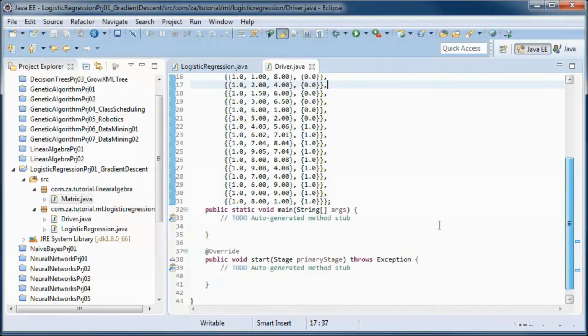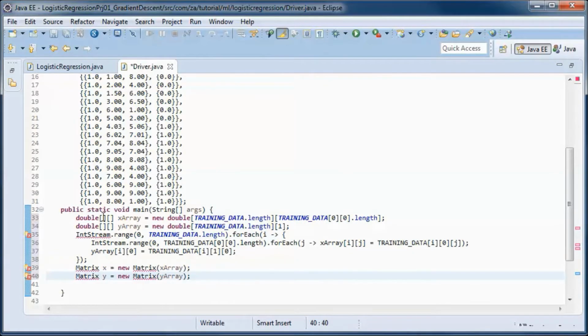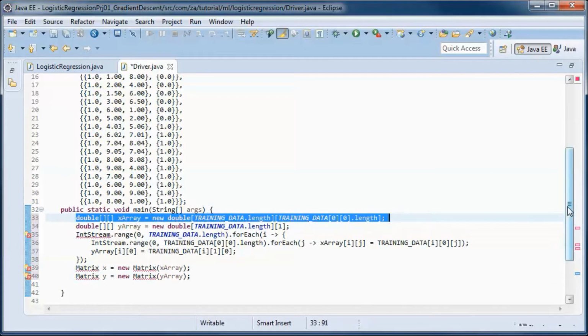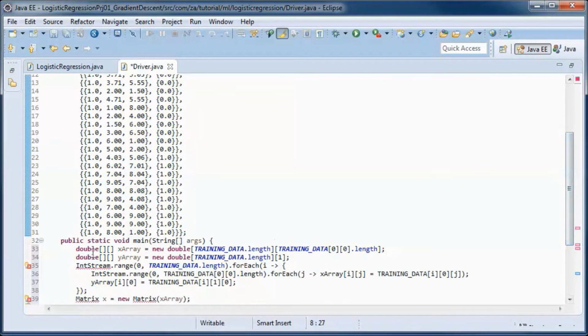And we will have two-dimensional arrays. So this one will contain the bias and the two scores for each one of the candidates, and this one will contain the labels.